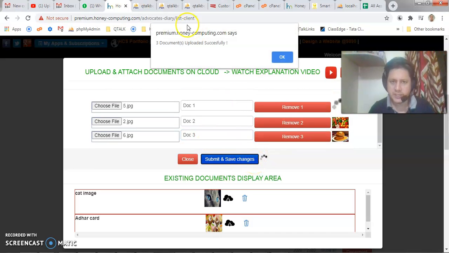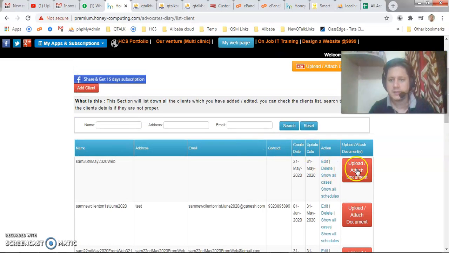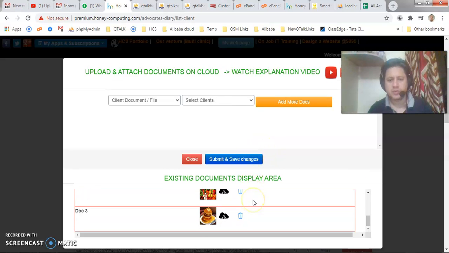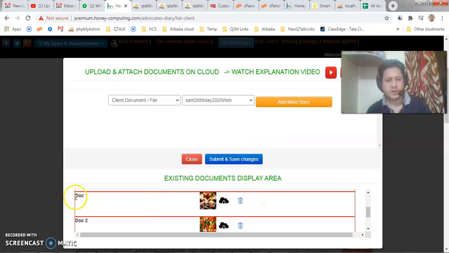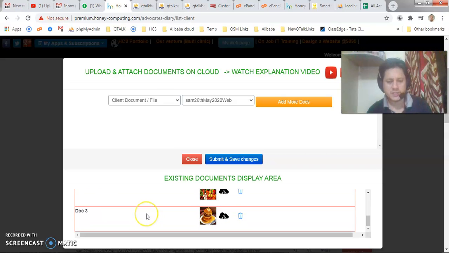It will say 3 documents are submitted, uploaded, and saved on the server. Now if you come here, you can see doc 1, doc 2, doc 3, all the images and documents are here, and you can download them.